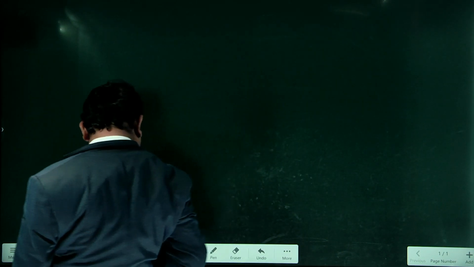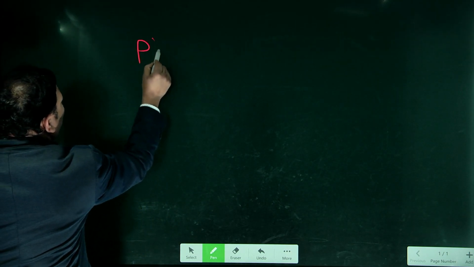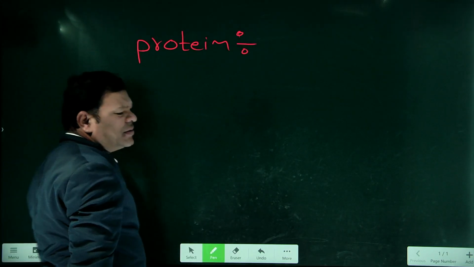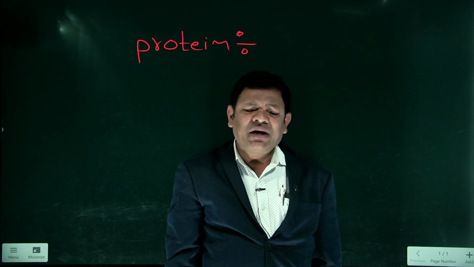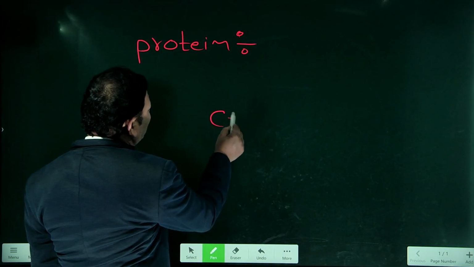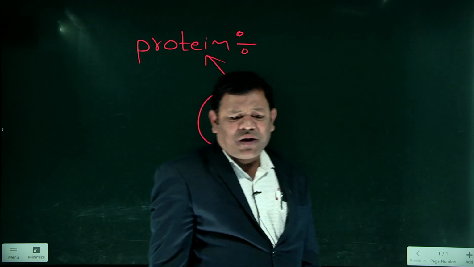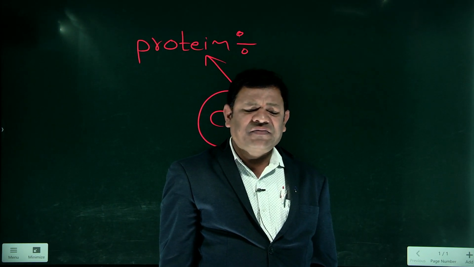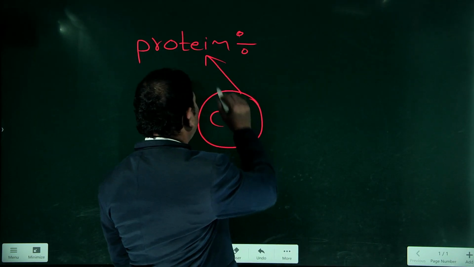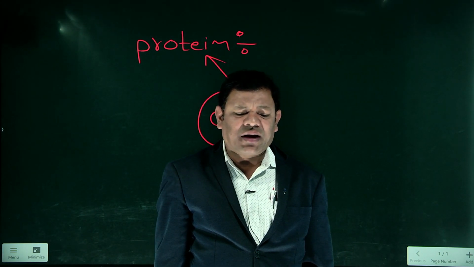Do you know protein? Protein is also one type of nutrient. Proteins are the body building nutrient of the organism. Do you know very well that all living organisms are made up of cells? These cells require protein. Plants are made up of cells, animals are made up of cells. If there is no cell, there is no living organism. These cells are made up of proteins.